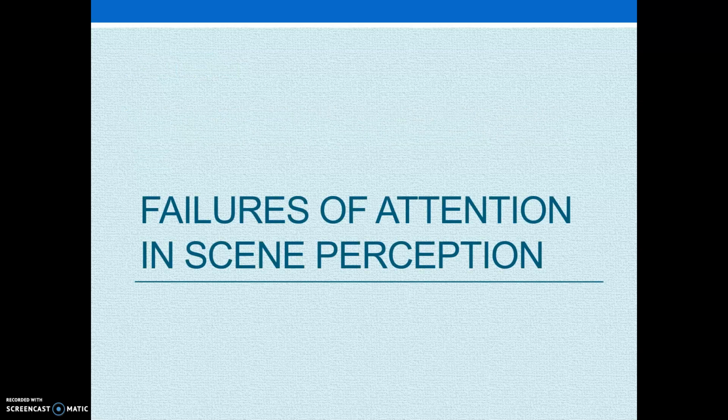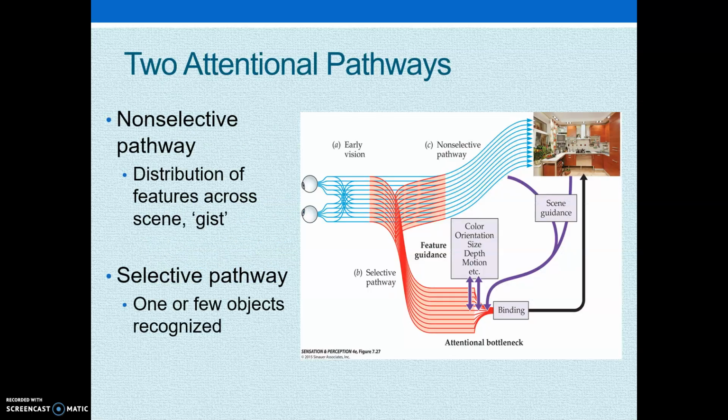So let's briefly finish up by talking about features of attention in scene perception. Now, your book talks about the fact that we have two very different attentional pathways. We have what is called a non-selective pathway, where we're not really using selective attention. We're basically looking at the overall distribution of features across the scene. We basically get the gist. This is where scene guidance can kind of come into play. So we know that we're looking at a kitchen, but we're not really paying attention to all of the items